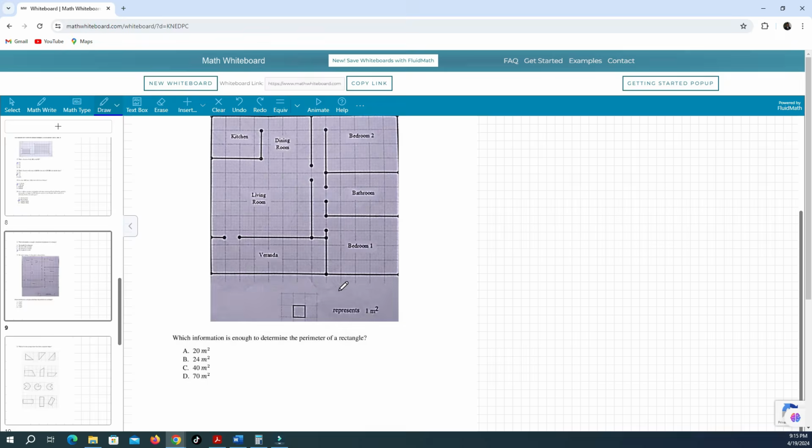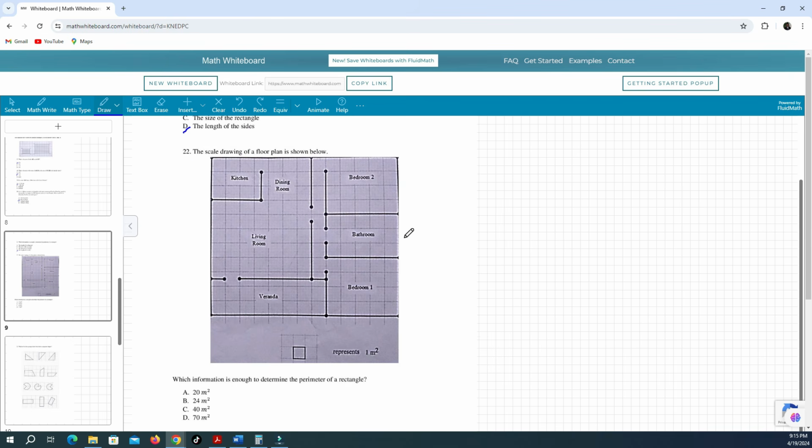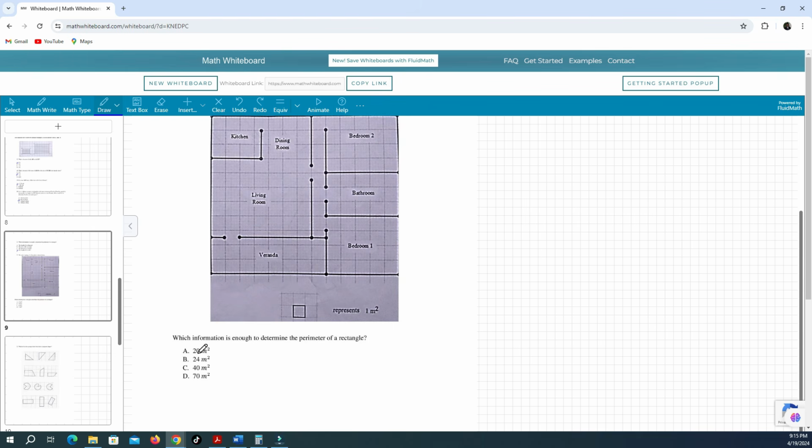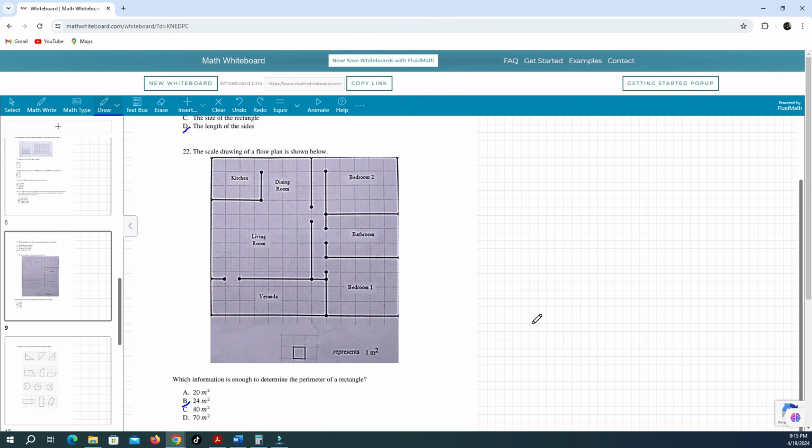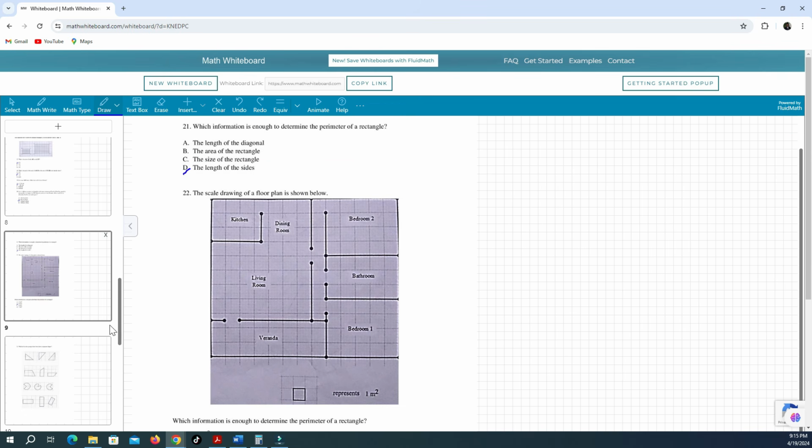Again, all right, so the perimeter, I think we can just count. Well, this is a rectangle, so we need to have length plus width. So it's length plus width, so 1, 2, 3, 4, 5, 6, 7, 8, 9, 10, 11, 12, 13, 14, 15, 16, 17, 18, 19, 20, 21, 22, 23, 24. So I would select 24 meters squared. That's all we need. All right. Okay, so let's move forward